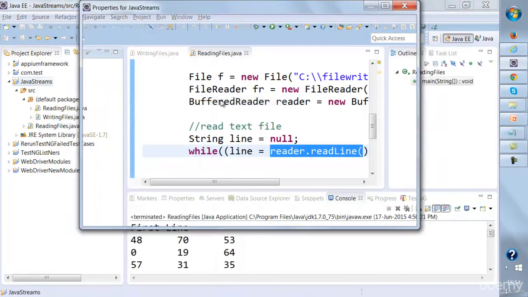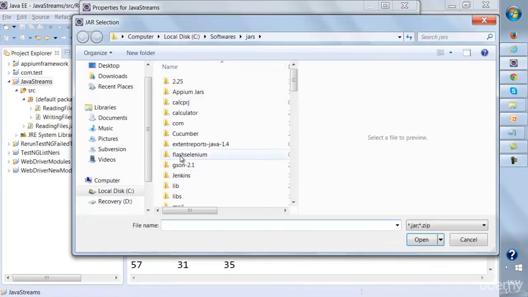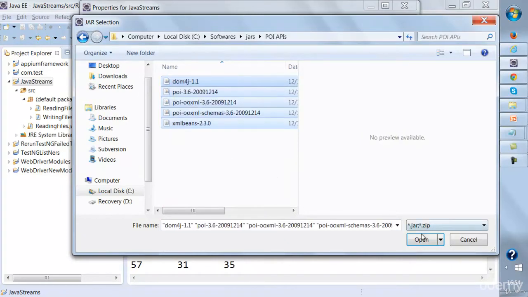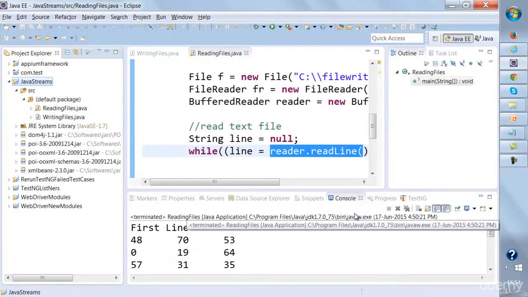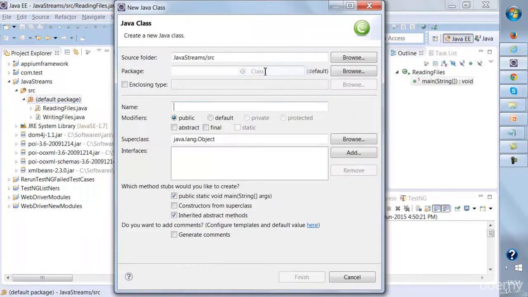So I'll be adding these files to the project over here. I'll go to build path, configure build path, add external jars. Since these are external jars, I need to choose this option, select all the jar files and click on OK, right? So we'll be performing reading and writing. The very first thing, we'll start with writing something inside the Excel file. I'll name this class WritingExcel,